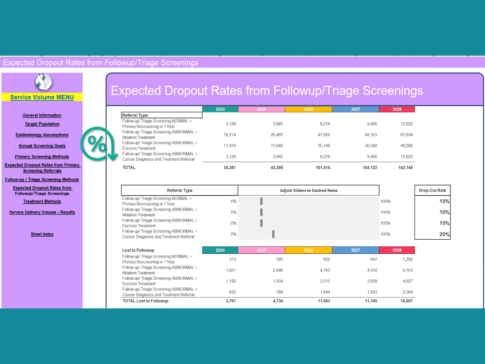This is the expected dropout rates from the follow-up and triage screenings sheet on the C4P Success tool. You'll see that it starts by bringing forward the types of referrals that were made from the previous sheet: follow-up triage screening normal, to primary rescreening in 1 year, to ablation treatment, to excision treatment, and to cancer diagnosis and treatment referral. At this point, the only thing that we need to do is to adjust these sliders here